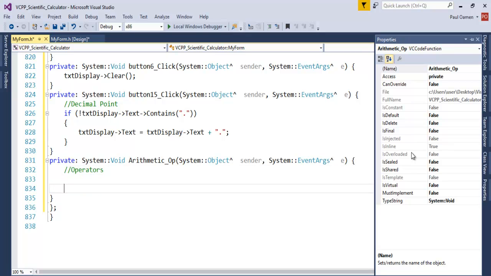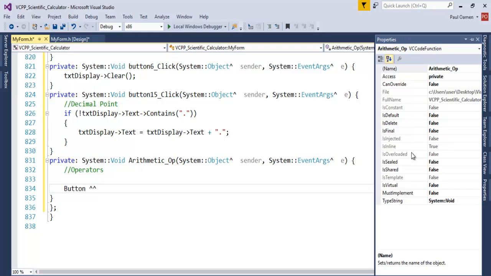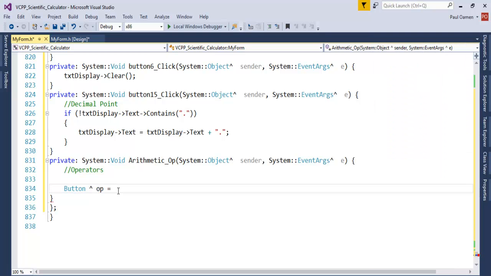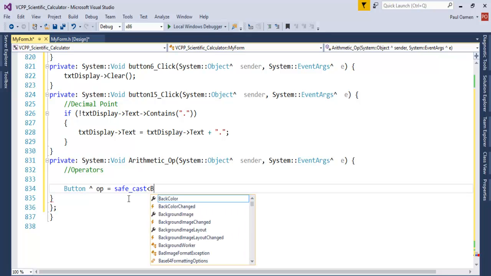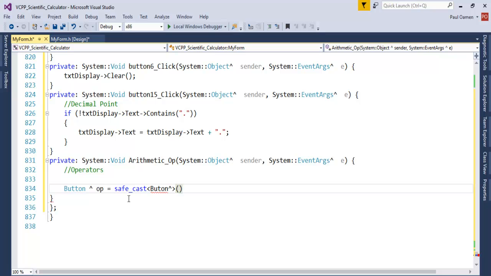Operators. Okay, so let's create an object as well. So let's say button ups equals, that's the name of the event, is called ups. Okay, equals save cars less than button greater than, and sender right there. This should be double T. Okay, now